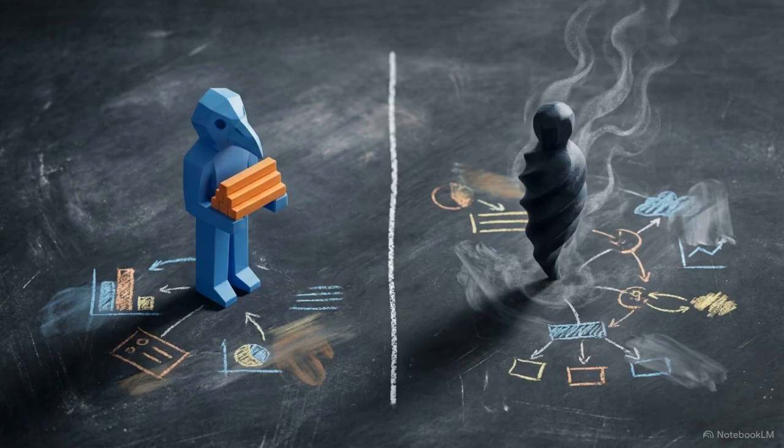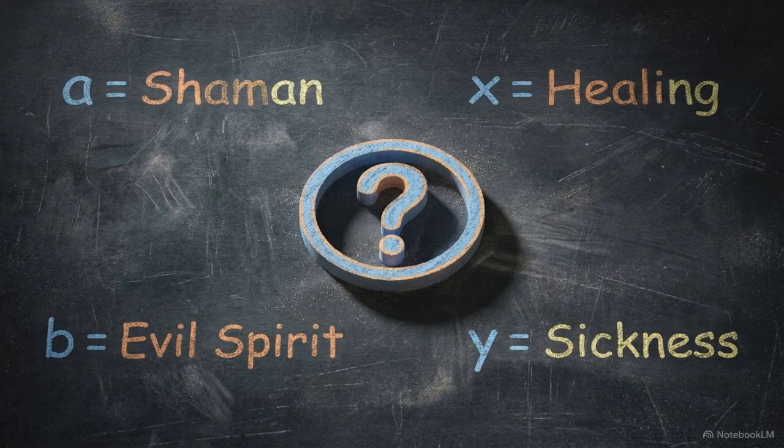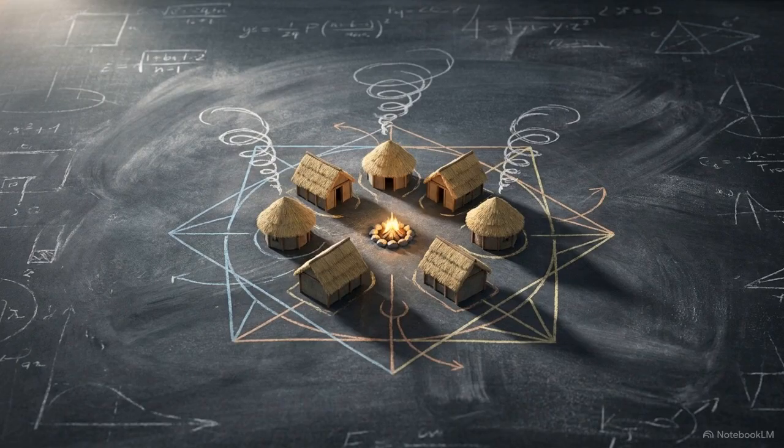Consider a second scenario. Term A is a shaman, function X is healing, term B is an evil spirit, and function Y is sickness. Pause the video now and calculate what the final member, F of A inverse of Y, translates to for this specific myth. For structuralists, this transformation is what allows a myth to resolve its internal contradictions, turning a character's struggle into a